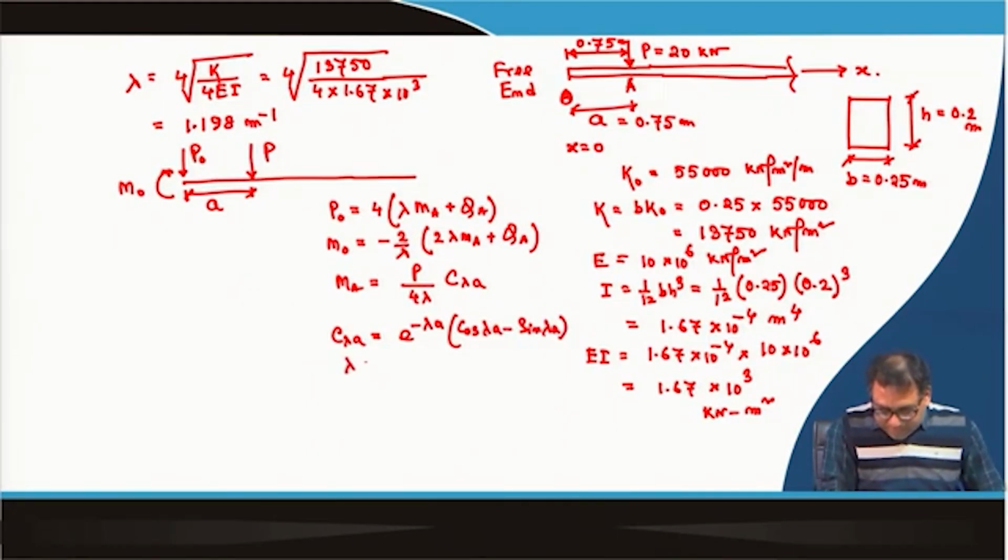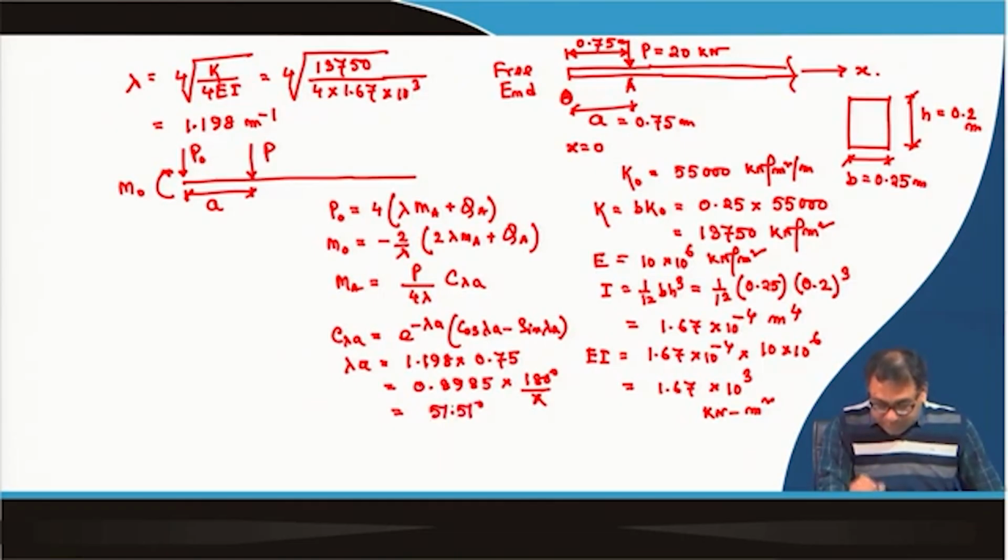So, lambda is 1.198, A is equal to 0.75. So, this is equal to 0.8985, and that we have to convert into degrees. So, this value is